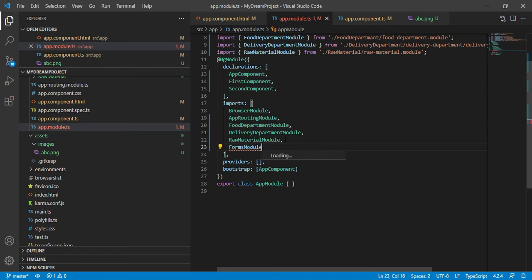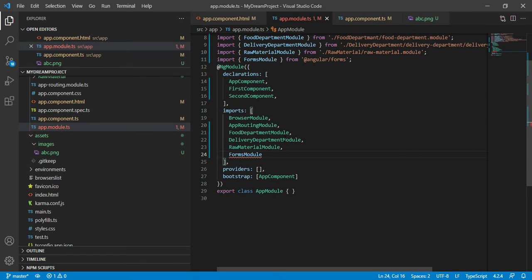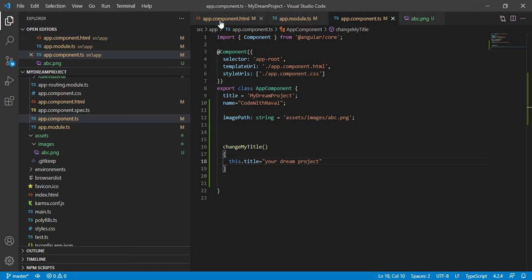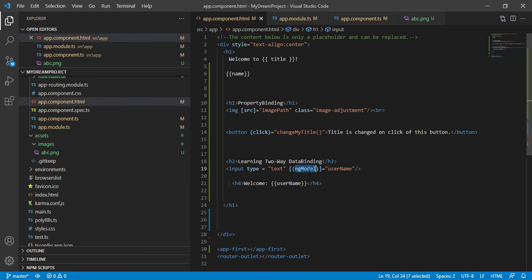Let me copy this and import the forms module, otherwise it will throw an error. When you use ngModel, at that time you have to import the forms module.